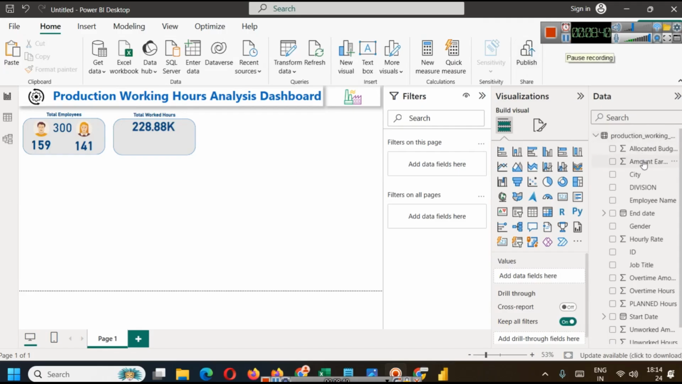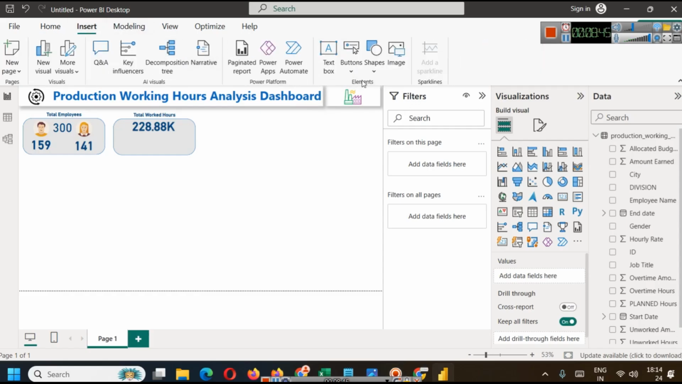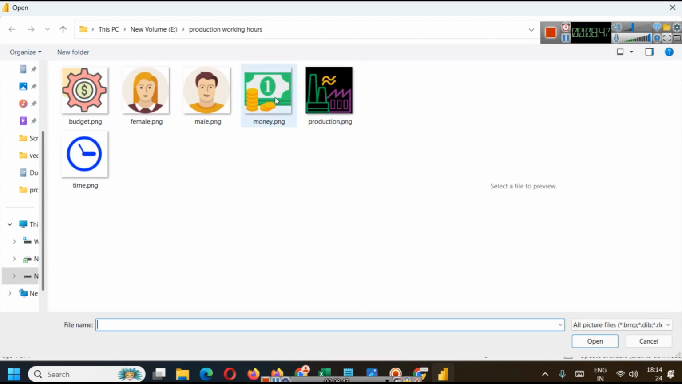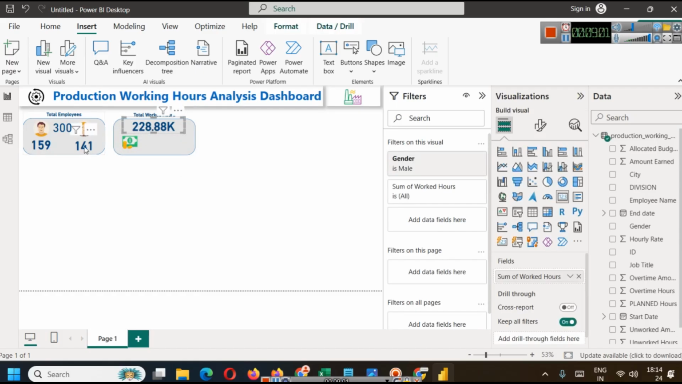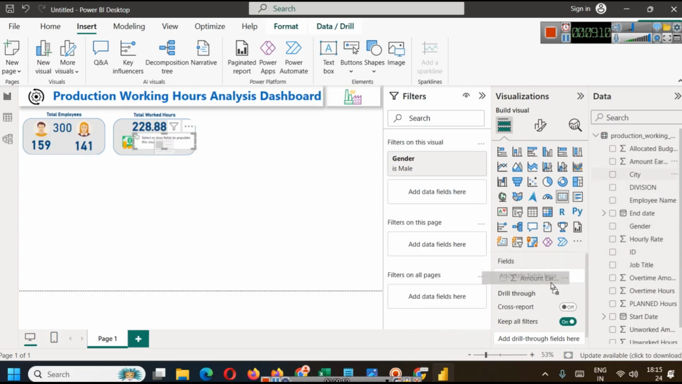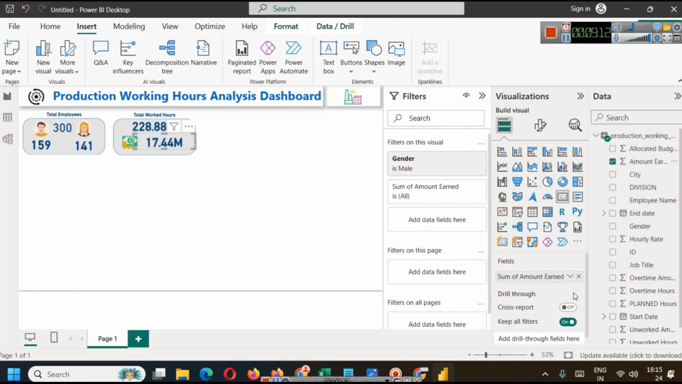Okay, and here is amount earned. So let's add one image here representing some amount and we will reposition it, and this is total amount earned. Okay, so we will position this and we are going to copy this here. We will obviously reduce the size of it, and here we are going to put total amount earned, which is